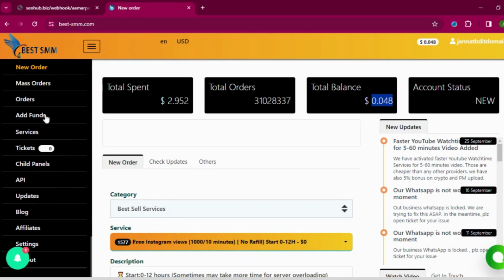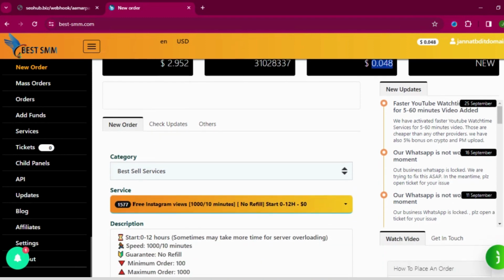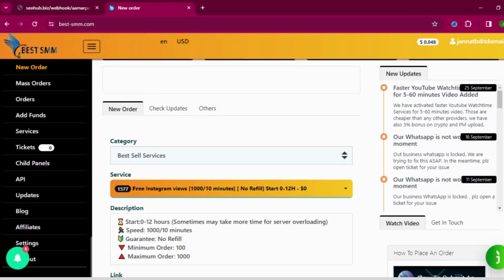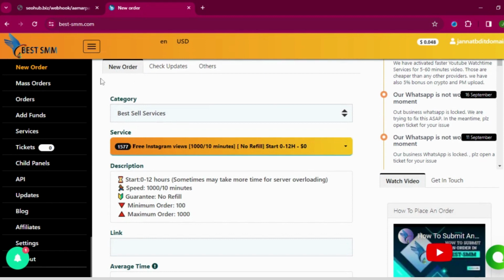If we add our funds, then it will show here that we have added $3, $4, $5, $100, as much as you want to add you can. So now you can see that here I have added this fund section, and now you can see the category section, and you need to click on this category